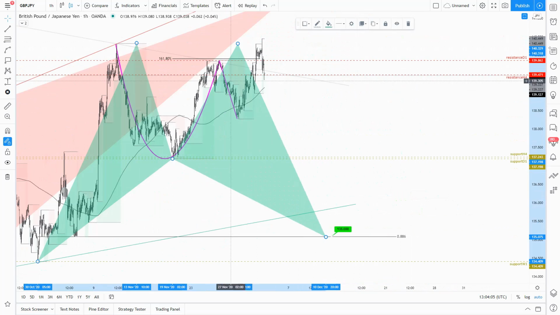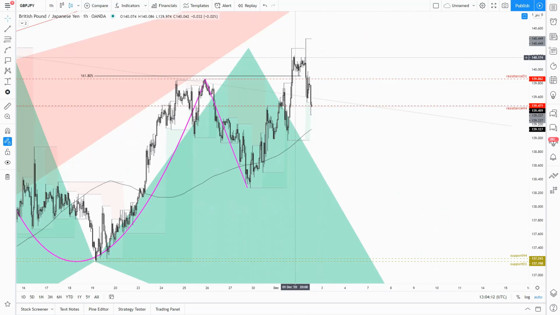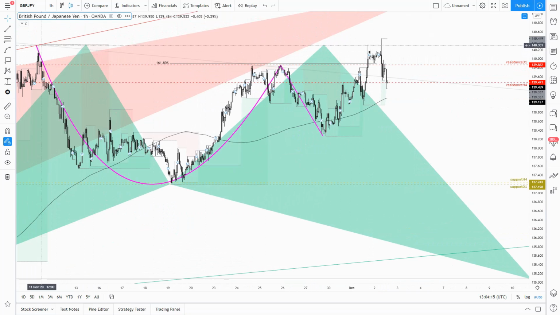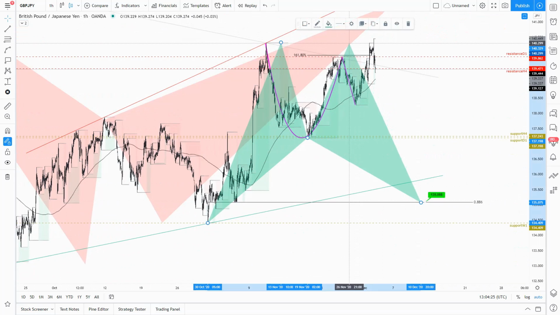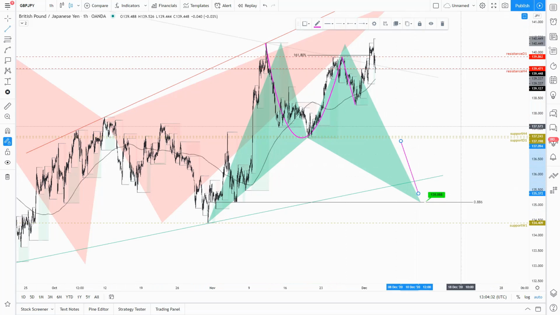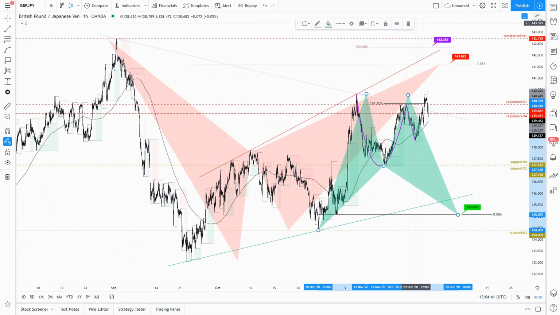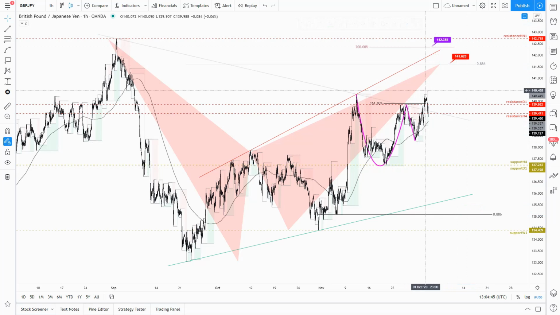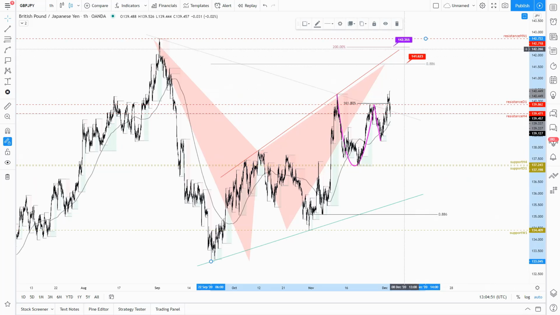So we have new highs above the previous structure highs, but we have closes below the previous structure highs. So the price is closing below those highs. So the bullish pattern remains as a possibility, of course, but at this point we still need a lot of bearish momentum before even thinking of that pattern formation from here. So for now, let's ignore that possibility, and let's stay focused on this potential bearish pattern above,